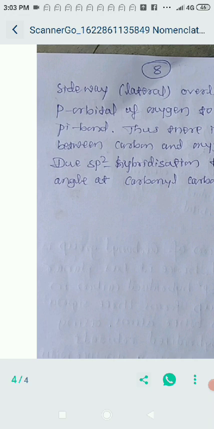Okay, and today I discussed the nomenclature of ketone and the bonding structure in aldehyde and ketone. This completes today's class. Now you practice again and again. Today only I sent these notes, rewrite them in a fair book.